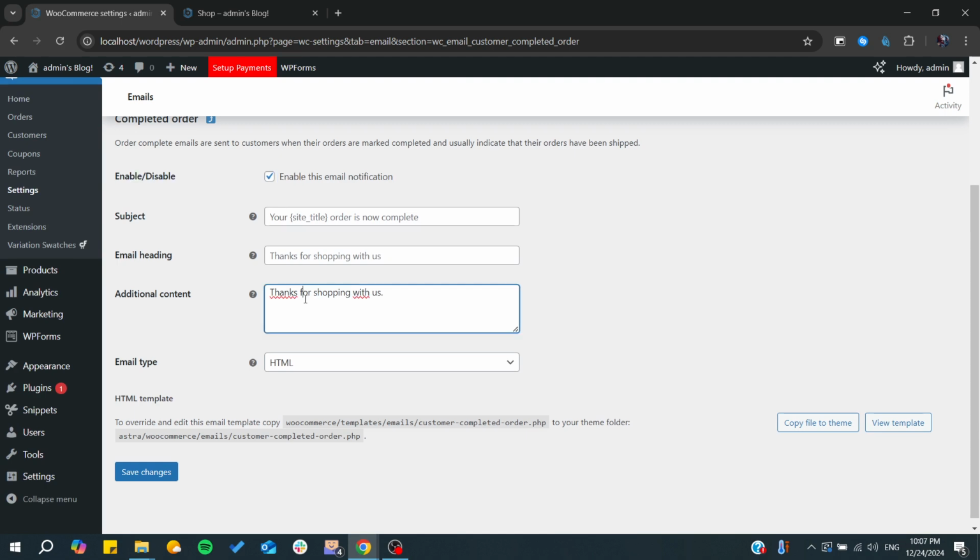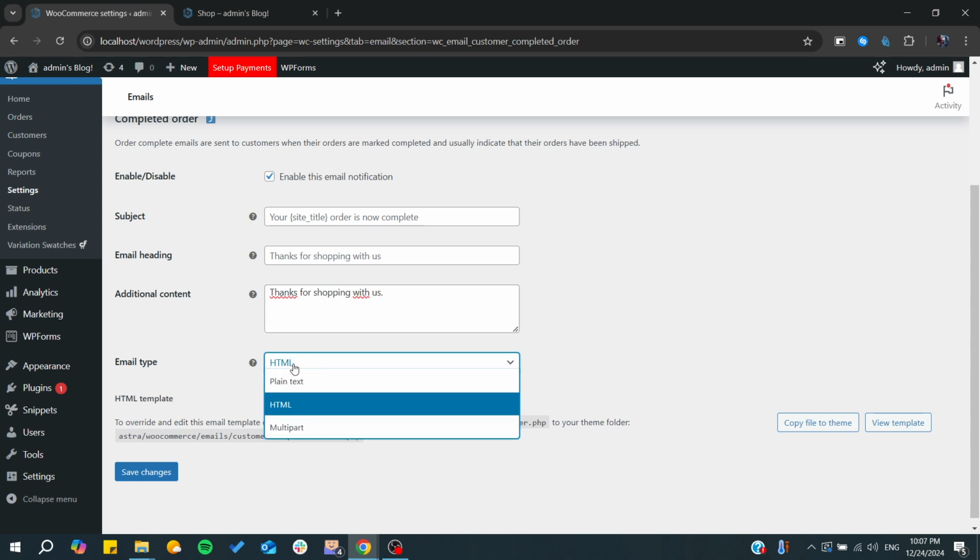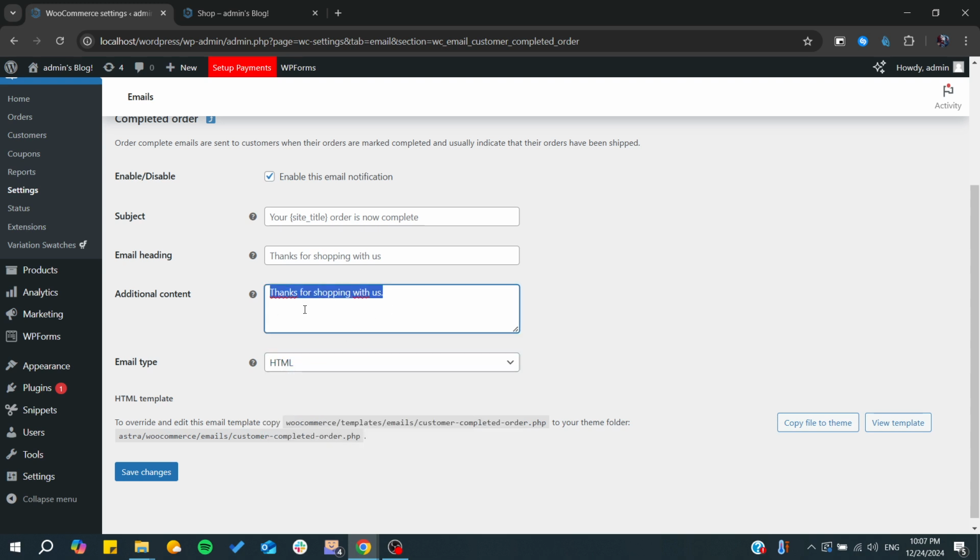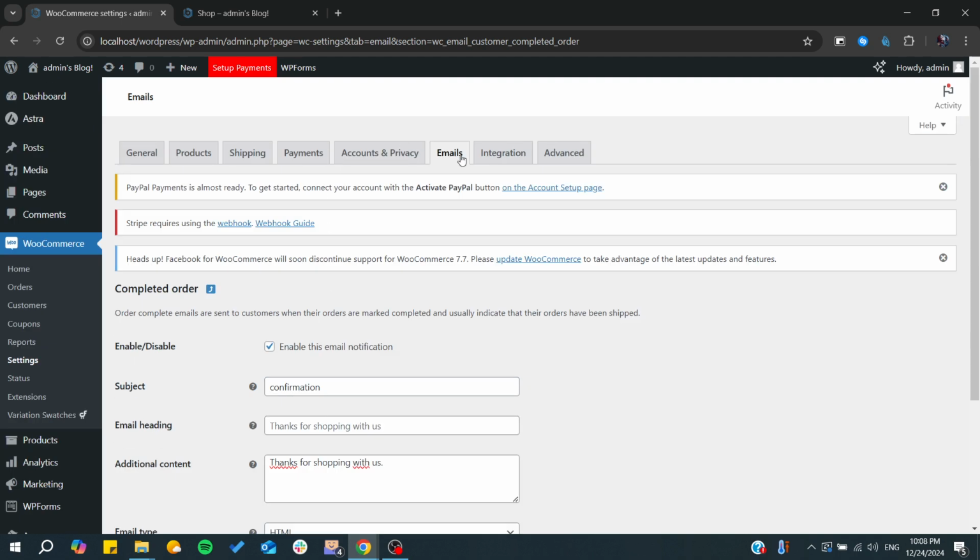And from here you can start adding the email type or adding the content of the emails and all the information about the email. For example, here we can name it confirmation email, etc. And after that, you will need to click save changes